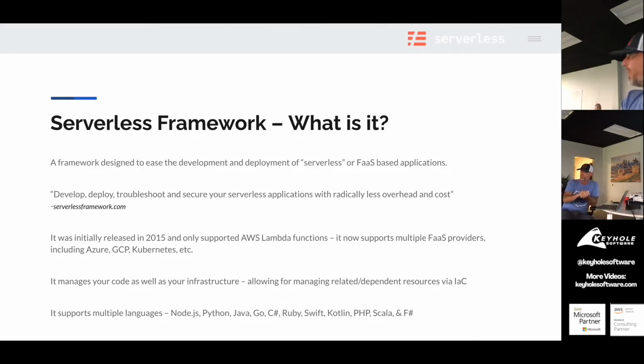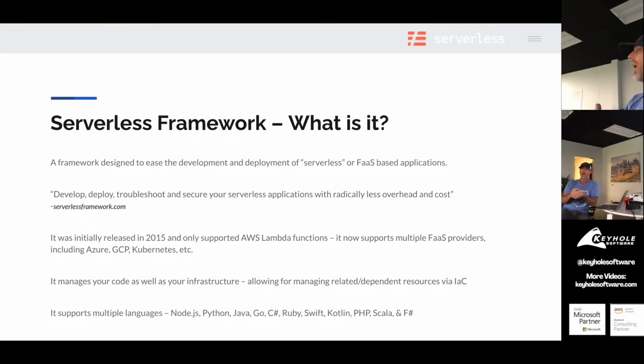I would use ARM templates in Azure. I would use the deployment manager in Google, and that's very specific infrastructure as code syntax to deploy onto their platform, okay? So if I'm going to do that movement, I have to have very specific configuration scripts to deploy on that platform is the easy way to say it. Serverless is flipping that over and saying, give me this sort of metadata YAML-based configuration, and I'll generate that infrastructure as code